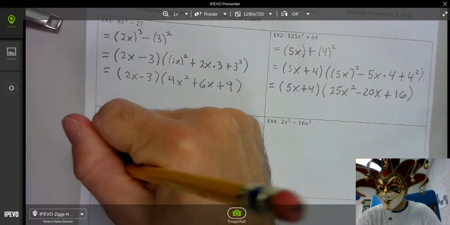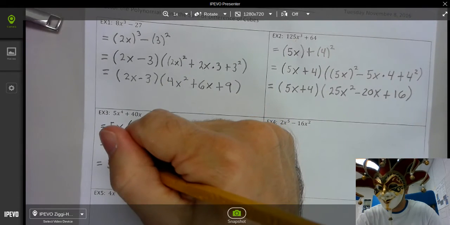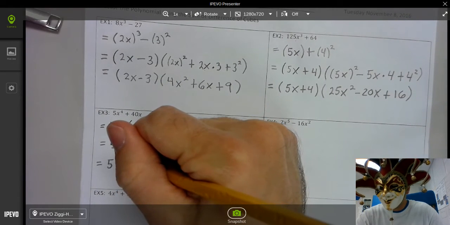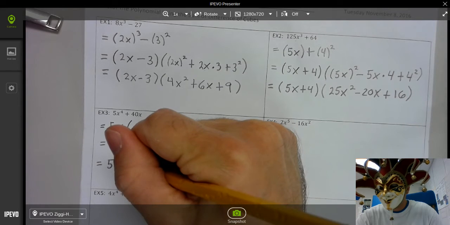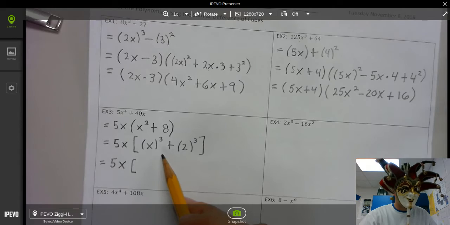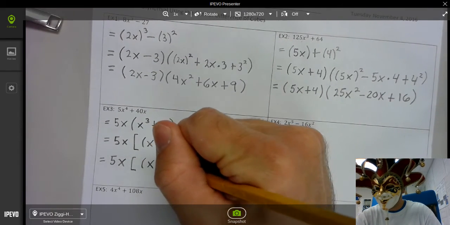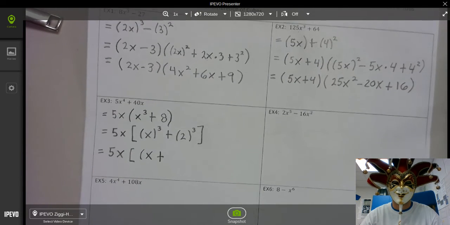So now you follow the formula except for, oh, sorry, that was just the bell. Alright, so now you just follow the formula. So that's the sum of cubes, so that's a, which is x, plus,